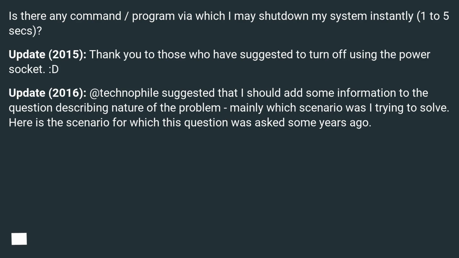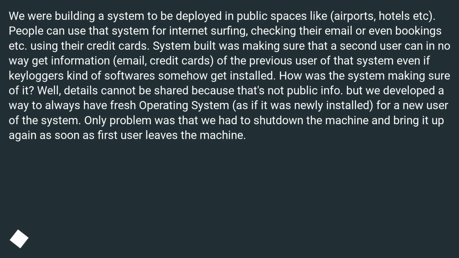Update, 2016: a technophile suggested that I should add some information to the question describing the nature of the problem, mainly which scenario I was trying to solve. Here is the scenario for which this question was asked some years ago. We were building a system to be deployed in public spaces like airports, hotels, etc. People can use that system for internet surfing, checking their email or even bookings